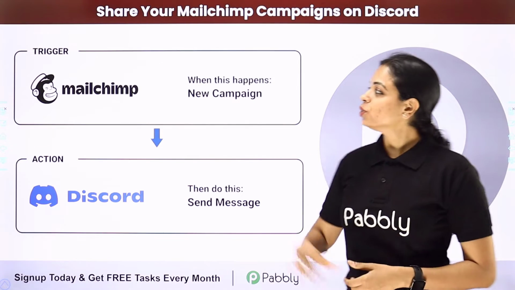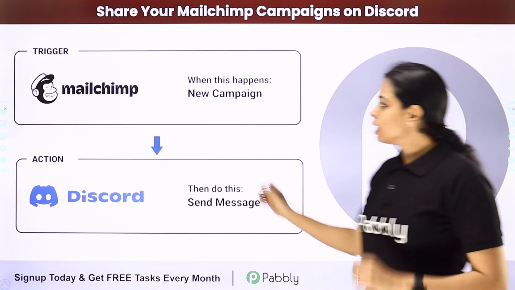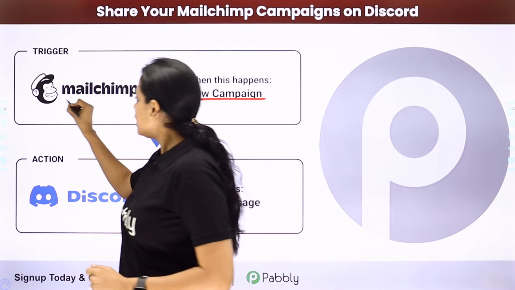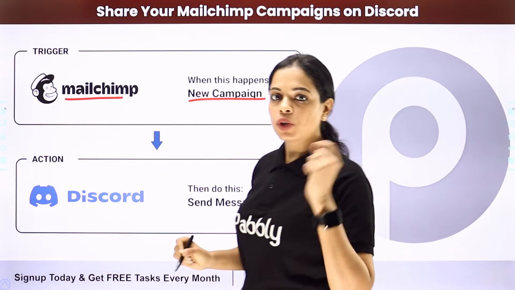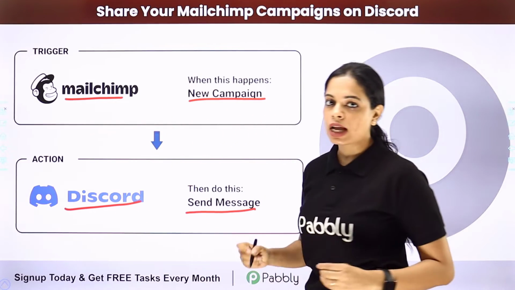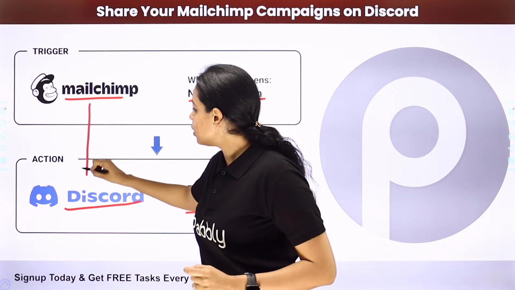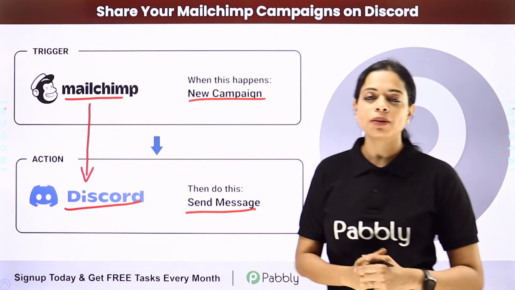In this video, we are going to see how to share your Mailchimp campaigns on Discord. Every time a new campaign is created on Mailchimp, which is an email marketing tool, you want to send a message on Discord, which is a social messaging app where your team is sitting. Now how can that be done? For this, you will have to integrate the two applications, and the same thing can be done using Pabbly Connect